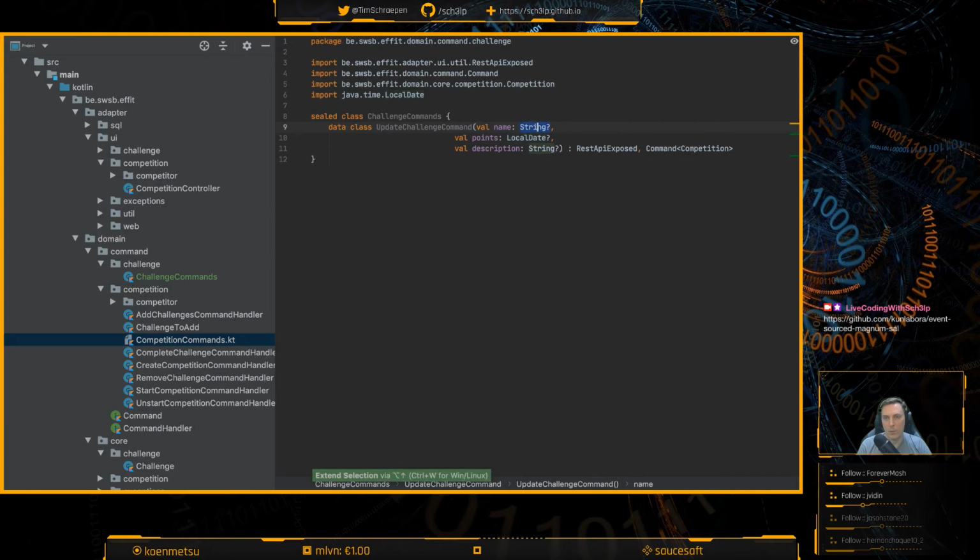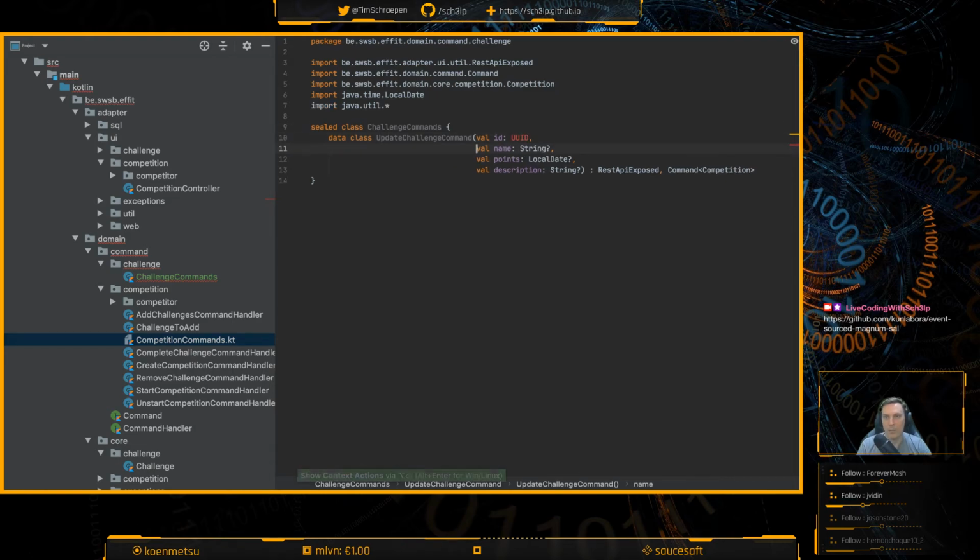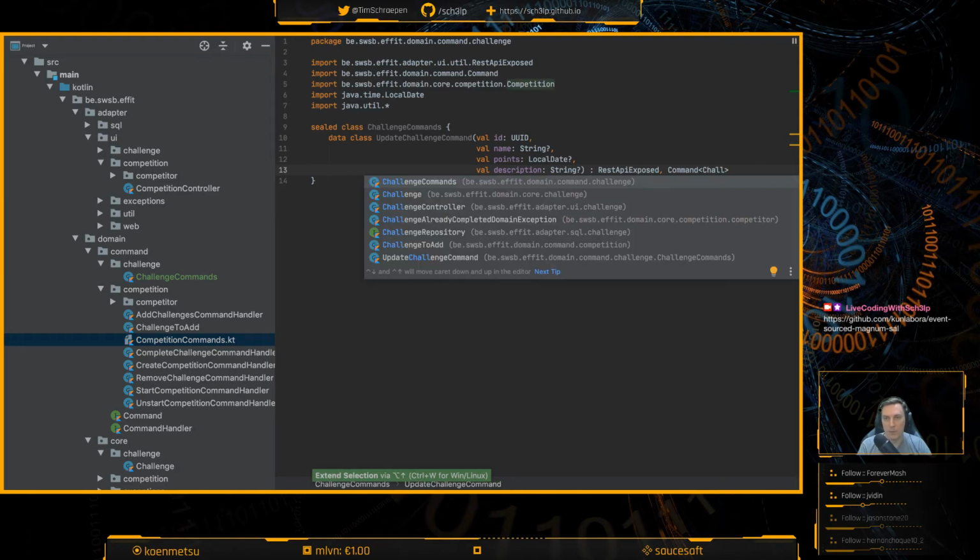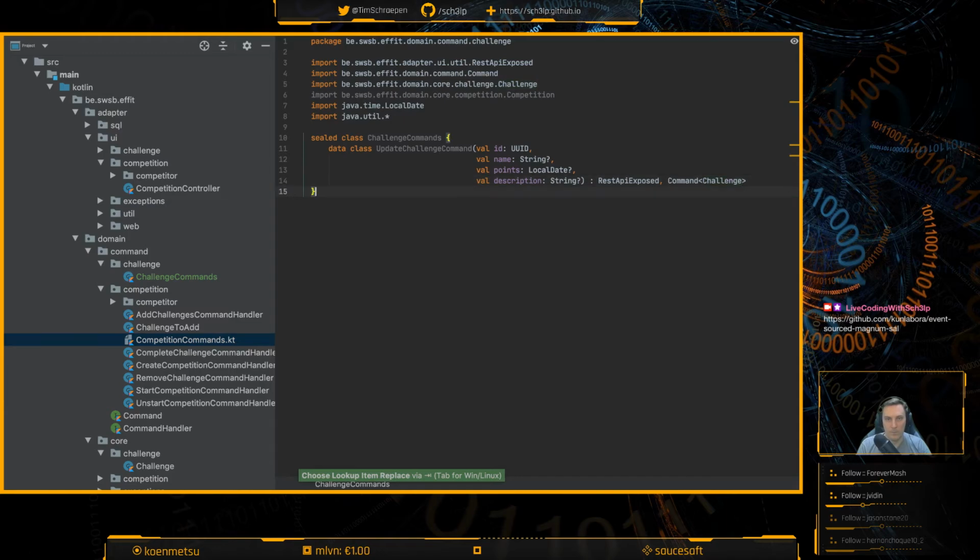I hope this is not just an optional thing. This should in fact also contain a val of ID, which is a UUID, which happens to be the challenge ID. Not on a competition, but on a challenge in fact. And then we'll create a type alias.